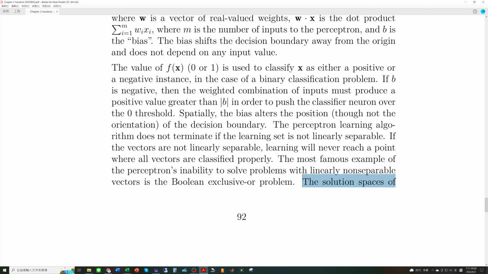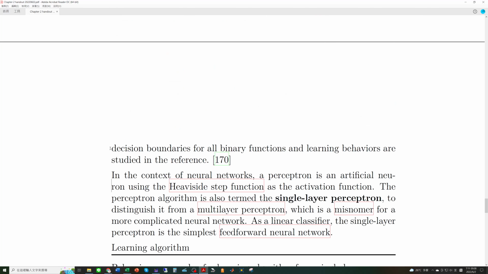The solution spaces of decision boundaries for all binary functions and learning behaviors are studied in the reference